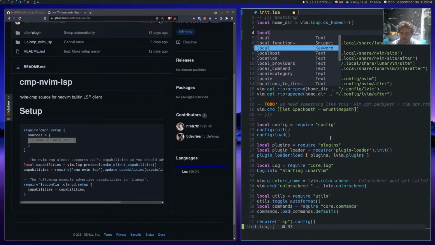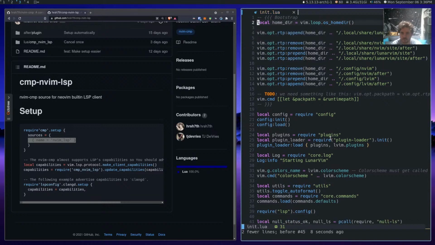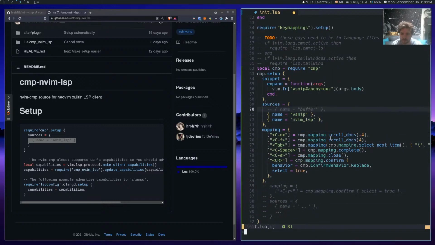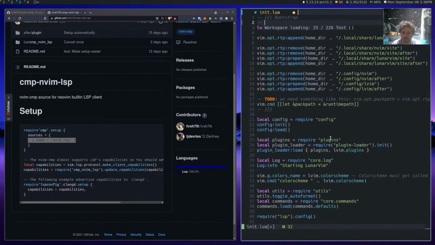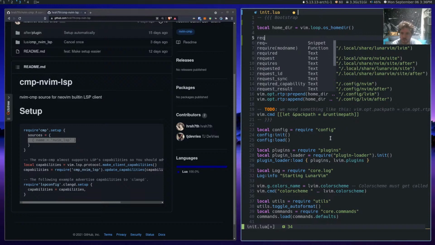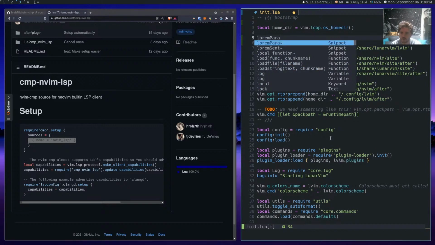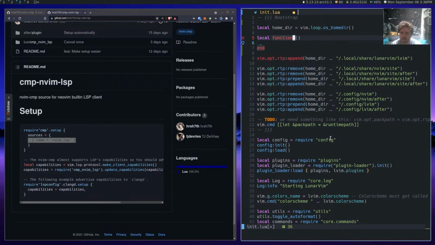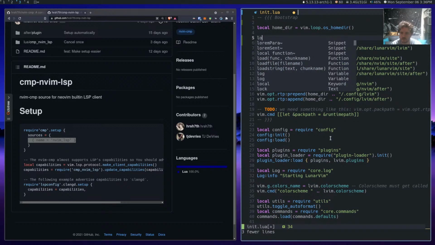Okay, this has keywords, so I'm assuming that's that. You know what I don't want is I don't want this annoying buffer source. Right, that's also not good, but whatever. Okay, so we got snippets. Okay, that says function. If I do like require, I got the snippet, then I get the function, all these things. All right, we'll get LSP kind eventually. Local function, local as a keyword should be available. Yeah. Where's all this text coming from?